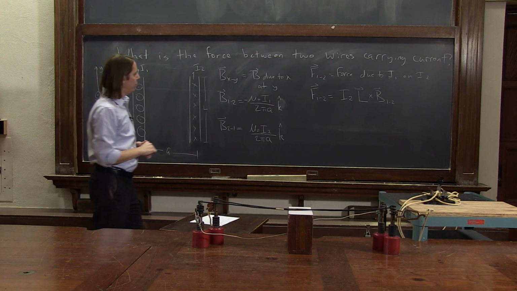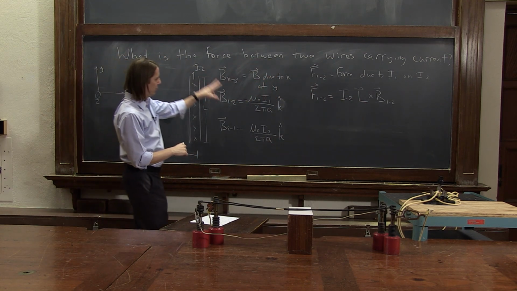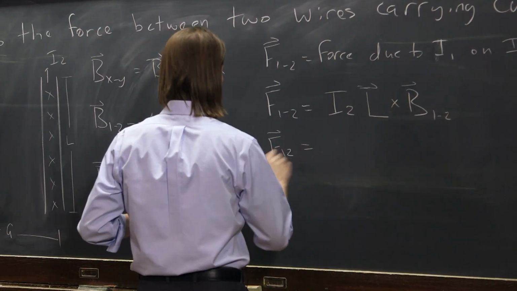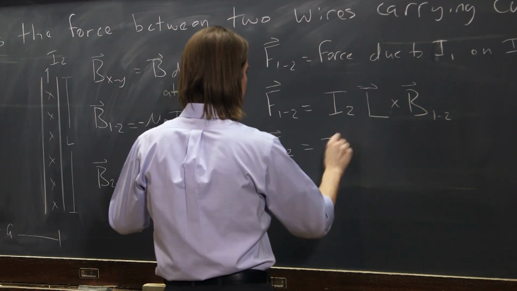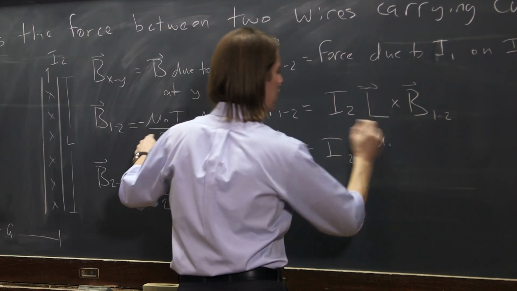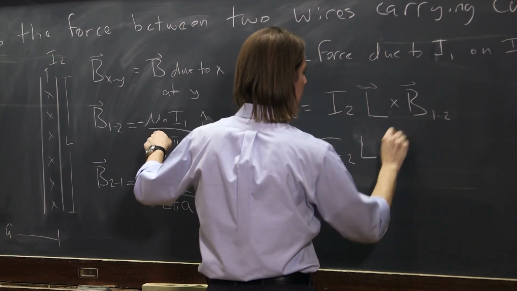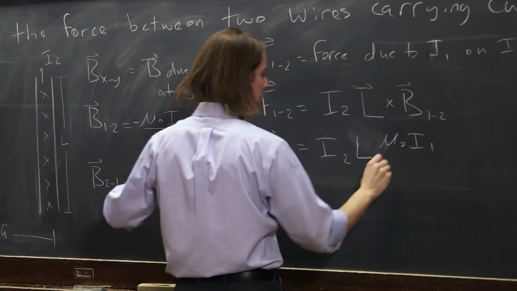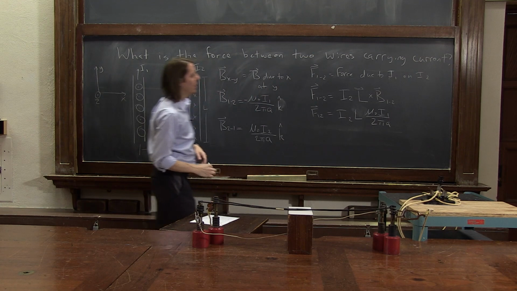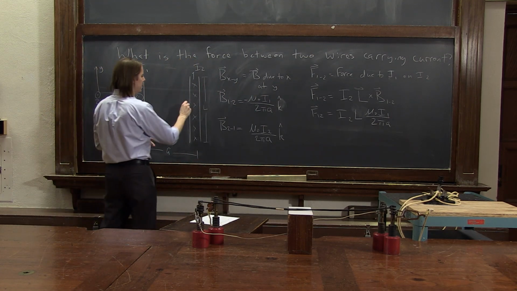So what we can do is plug in our value for B12 and figure out the direction. Let's see, so B12 is this, so F12 must then be I2 L mu naught I1 over 2 pi a. And now let's figure out what direction it must be. Let's see, L going along the current cross with B, it must be